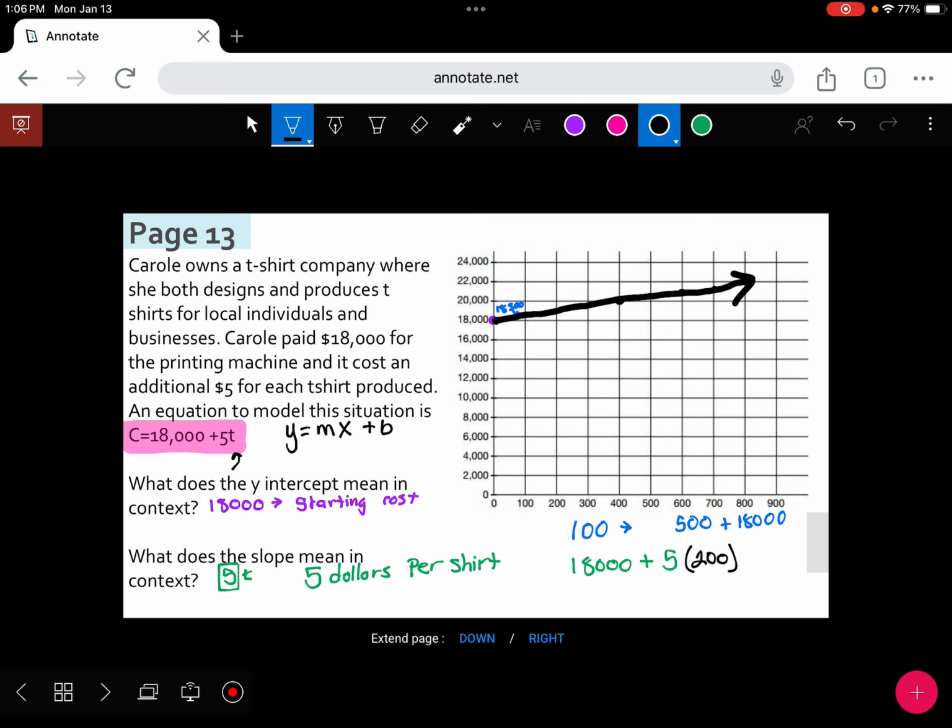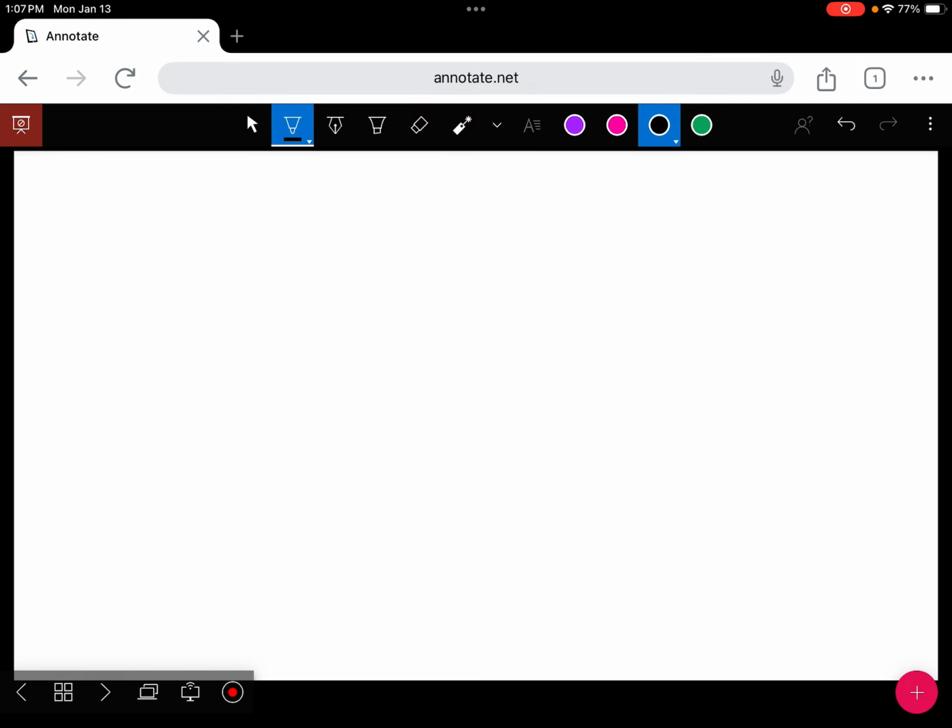Okay, so reading equations and being able to make a graph from the equation is what we're going to work on continuing forward. We're going to look at analyzing stories to try and find those pieces. I do have another little activity for you to do, practicing identifying these features and putting them into context, and